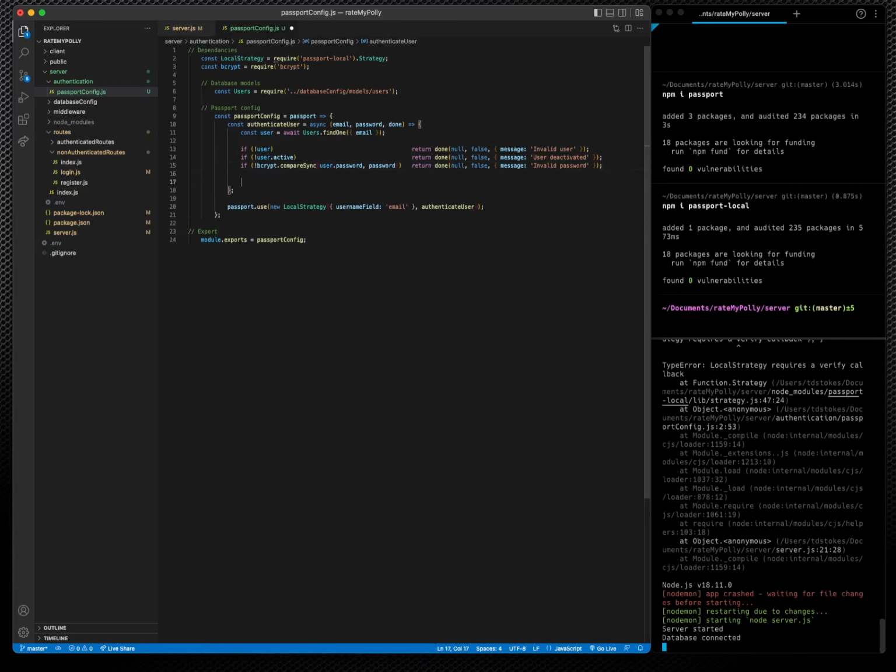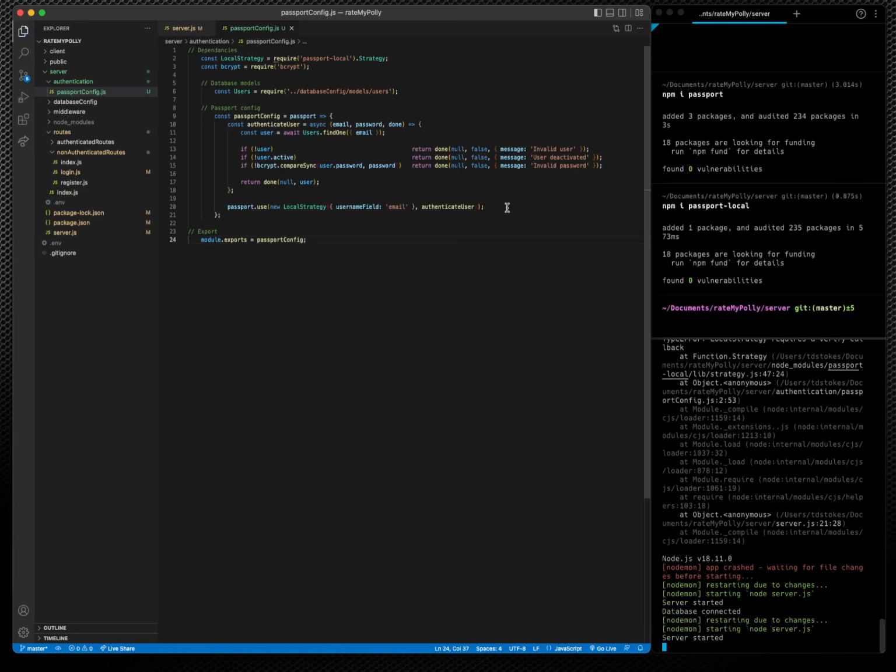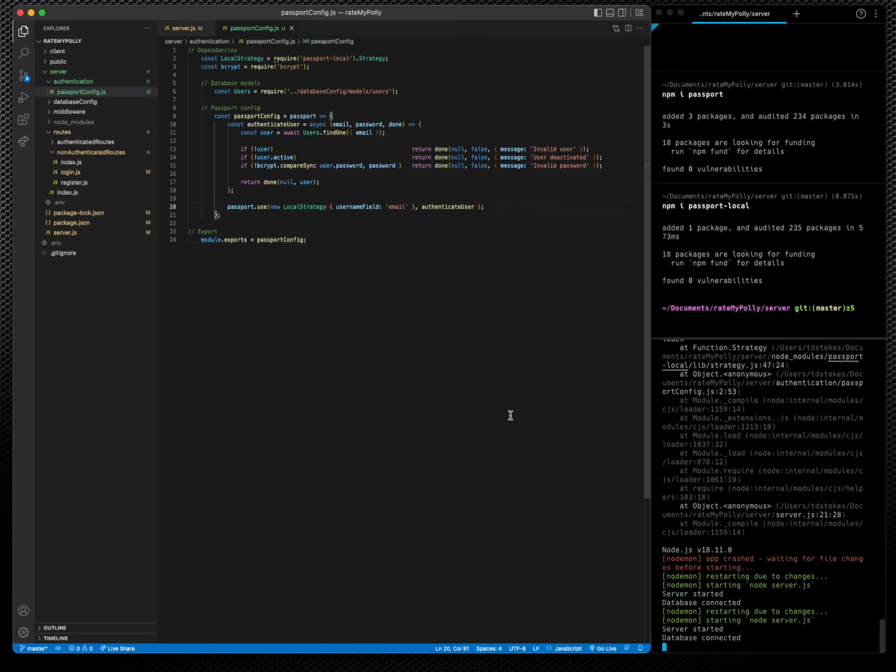Okay, so if it passes those checks, if the user exists, the user is active, and the user password is correct, then we can call that done function again with no errors and the user. Cool. Save that, make sure there's no errors. Nice. So the next thing we wanted to do is add a serialization for that user and deserialization for the